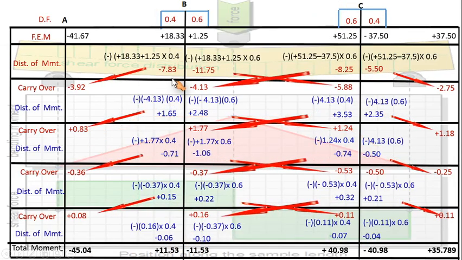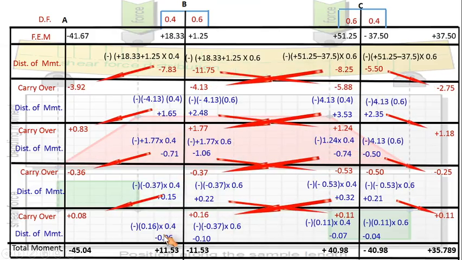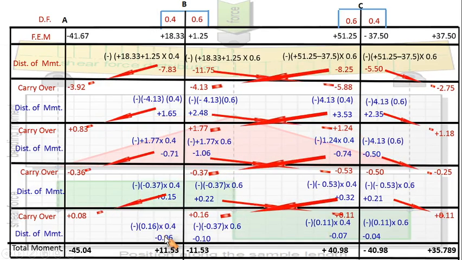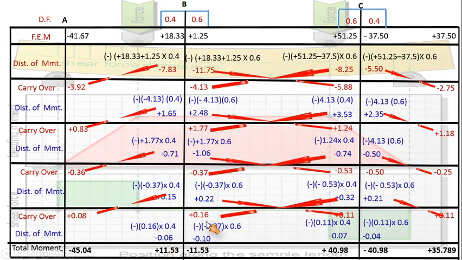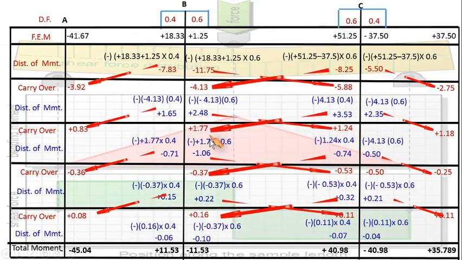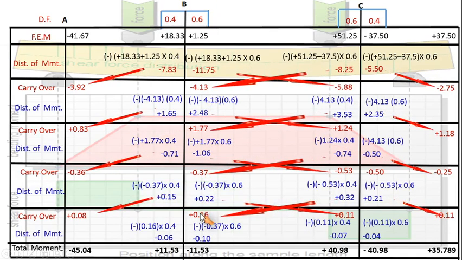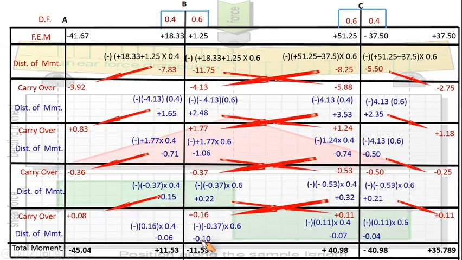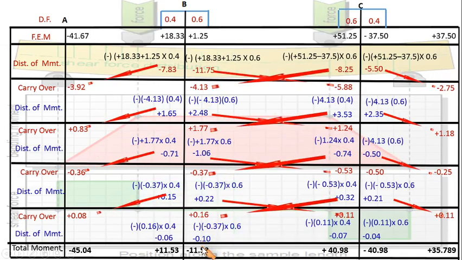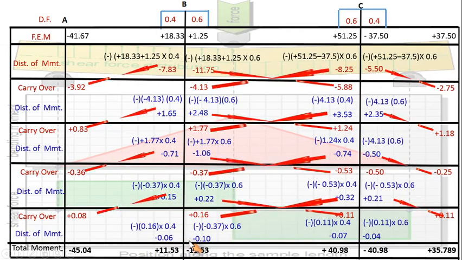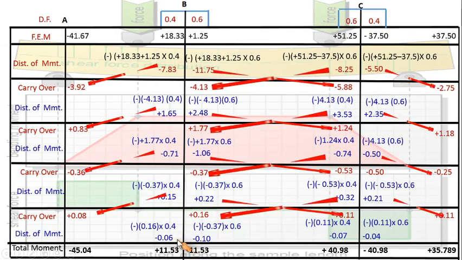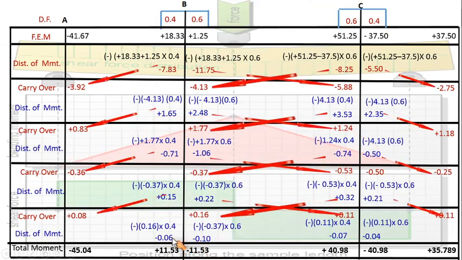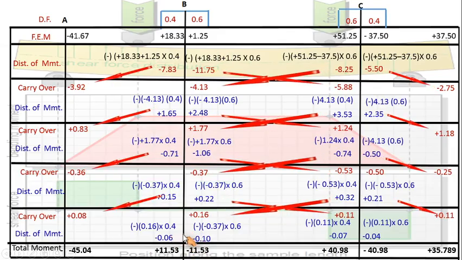As I told you, as the values go in the downward direction by performing a number of iterations, it is converging towards 0. Is it okay? So you can see the value of the moment distribution was converging or moving towards 0. Is it okay? So this is how we conclude. And another sign where we have to stop is this adjacent difference has to be equal to 0.